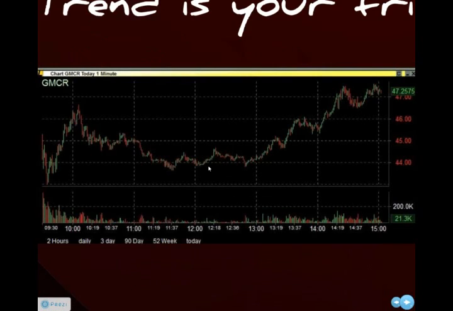Okay, what is that called? It's a pattern. How many people are trying to buck these patterns, trying to go against the grain and say, oh, GMCR in this rally, I'm going to short it, I'm going to short it on the next one? You know what? Depending on your time frame, we're going to get into time frame in a little while, you can capitalize. I love to go with the easy money. I love to go with the flow.